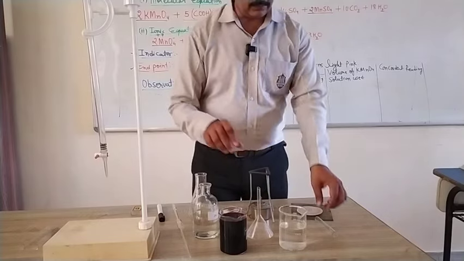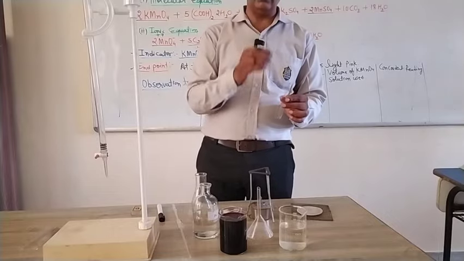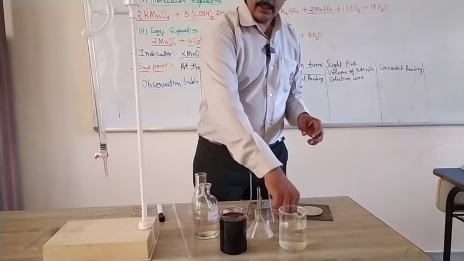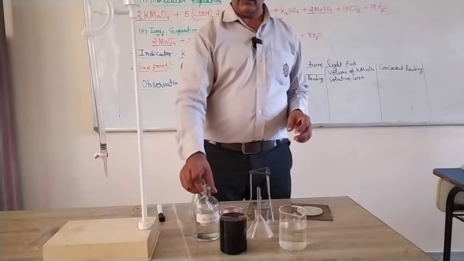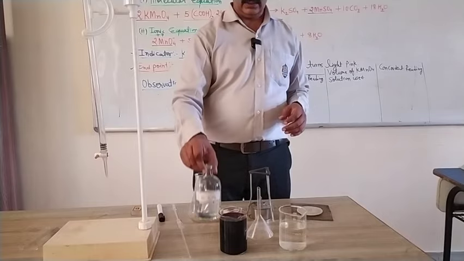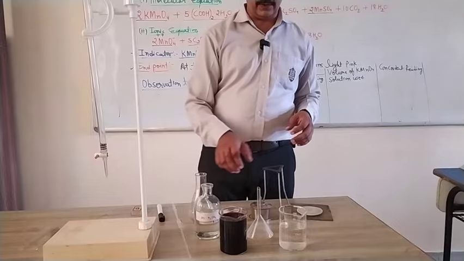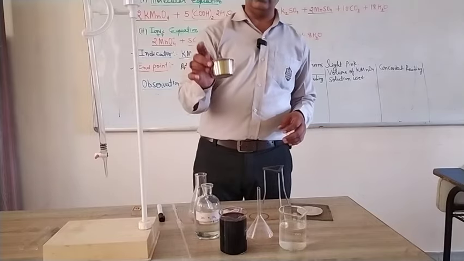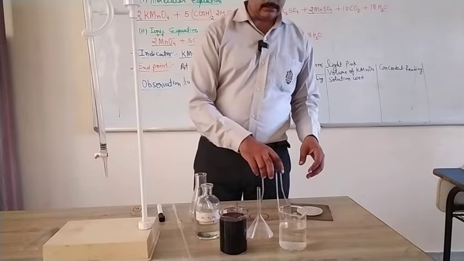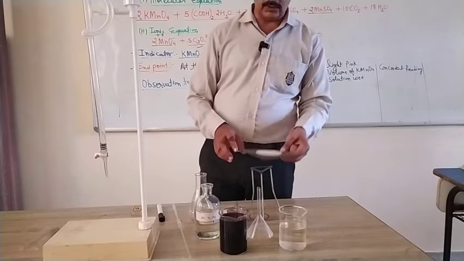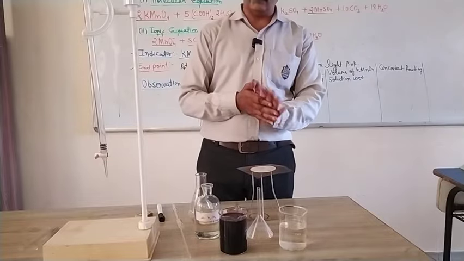We also require a test tube. The test tube will be used to add some H2SO4, sulfuric acid, into the oxalic acid, and we also require dilute sulfuric acid during the process. We will add this dilute sulfuric acid into the oxalic acid. As we know, this reaction is carried out at about 50 to 55 degrees Celsius, so we will require a spirit lamp, a tripod stand, a gauze wire, and a matchstick as well. These are the things we will require to perform this practical.